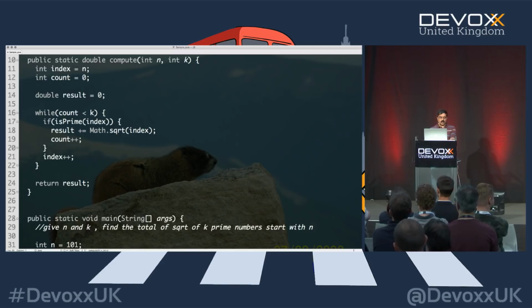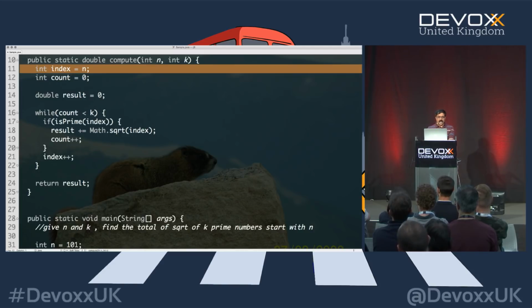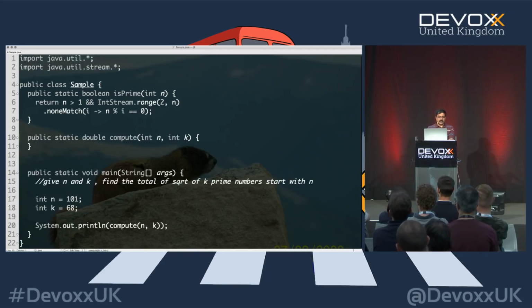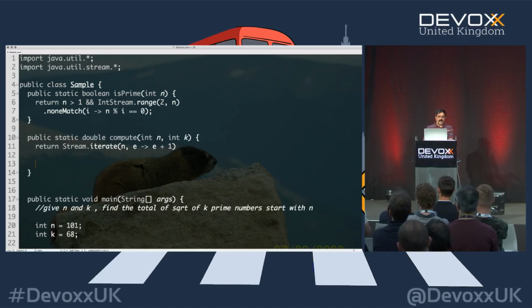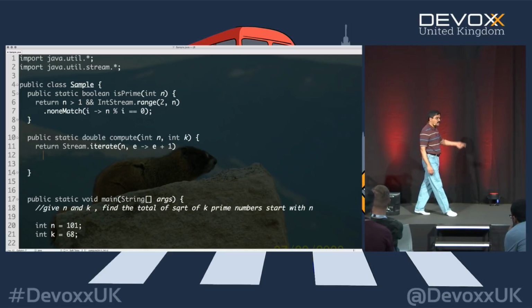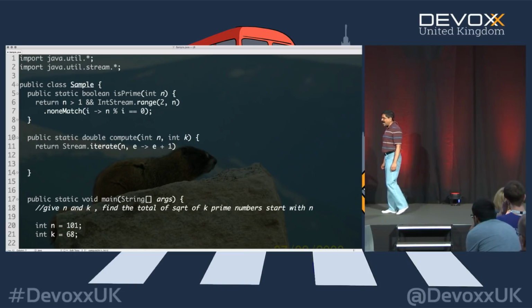But it doesn't have to be that way. Let's give it a try again. This time I'm going to use laziness, but notice what I'll do here. Return Stream.iterate. And Stream.iterate from where? From n, e plus 1. Just stare at this for a minute. That is an infinite stream. It starts with 1 and keeps on going. 1, 2, 3, n plus 1, n plus 2, n plus 3, n plus 4. There's no end to it.